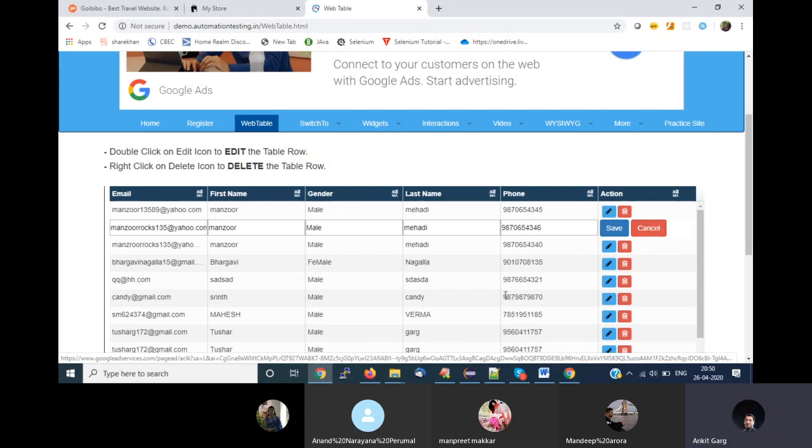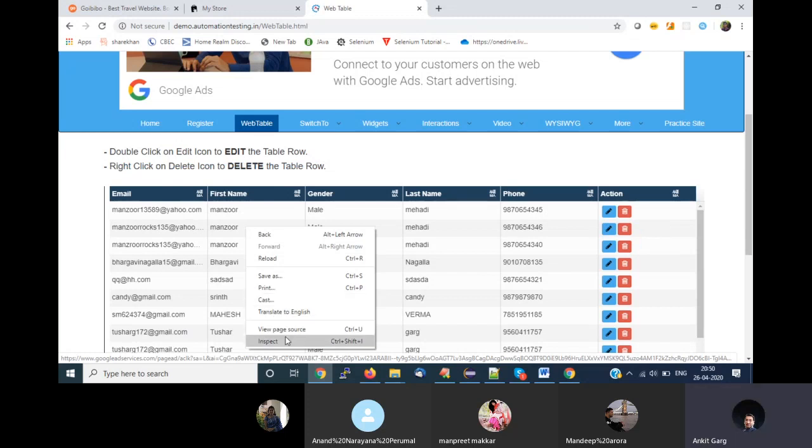Okay, at the moment I'm just focusing on, because it's still again not told you how to do a double click or how to right click it. I am not focusing on this part. Let's say I just want to read the value from your web table. Inspect your web table.